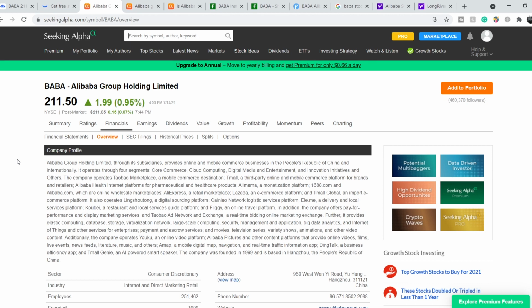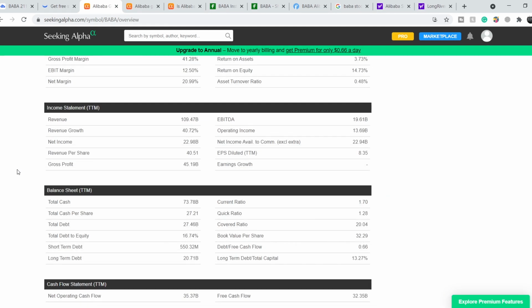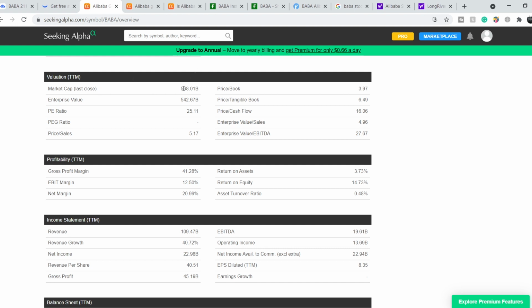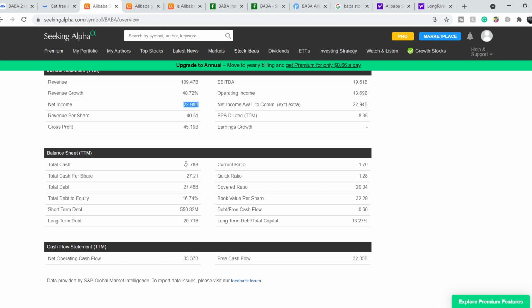First of all, let's start with the company profile. Alibaba Group Holding Limited, through its subsidiaries, provides online and mobile commerce businesses in the People's Republic of China and internationally. So everybody knows what this company is about, and let me show you their numbers. Their total market cap for now is $568.01 billion. They have a revenue of $109.47 billion with a net income of $22.98 billion. They have a total cash position of $73.78 billion with a total debt of